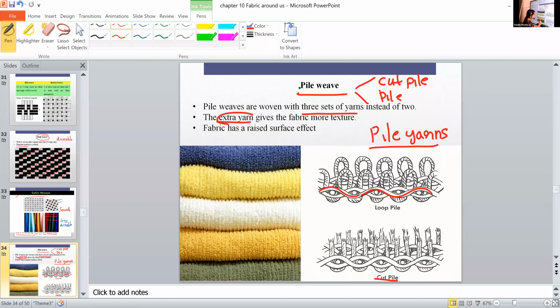You can see a raised effect here. Is it clear? That is mainly because an extra yarn is added to this weaving. That is the pile weave. There are two types of pile weave, cut pile and uncut pile. If it is cut, the absorbency increases. That's why these pile weaves are basically used in towels, napkins and the like. That is a pile weave. This is the first fancy weave.